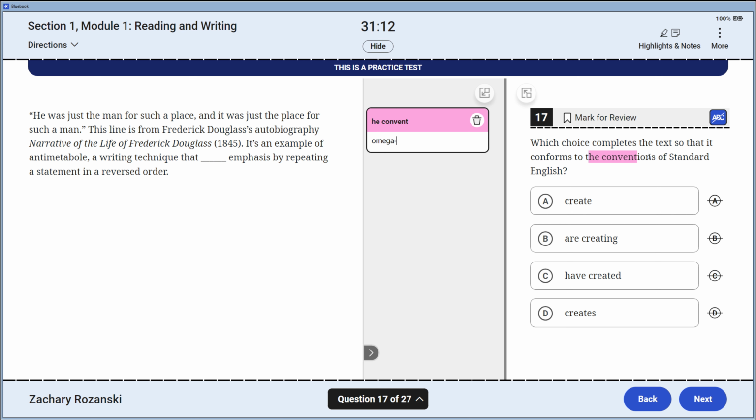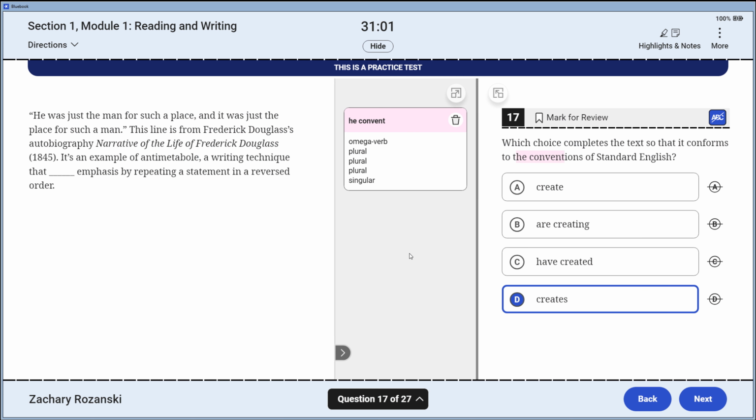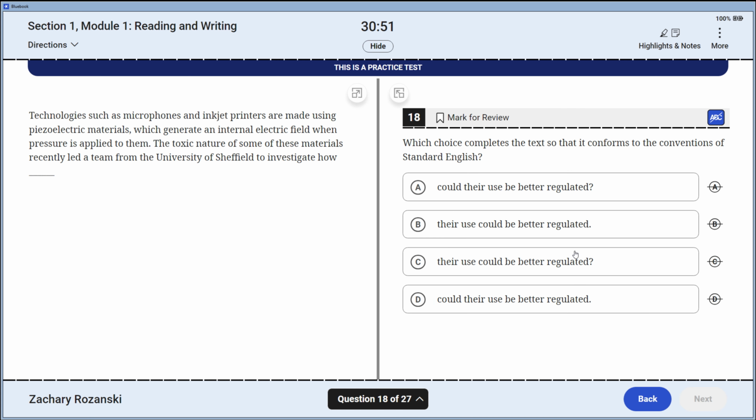I'm going to check for my omega consideration, of which there are verbs, which is fantastic. I can go for a plural, I can go for a plural, and a singular. So I'm going to suspect this to be subject-verb agreement. I'm going to pick my singular odd man out. We go looking for a subject. Now, its subject is this, that, which is a relative pronoun referring to something. What is it referring to? A writing technique. A writing technique is singular, therefore D is correct.